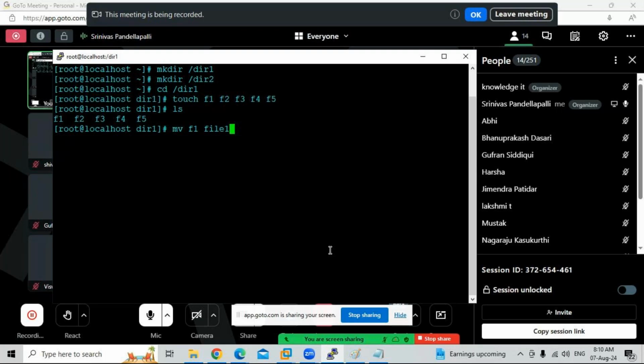Is it moving the file or renaming the file? It's a rename. F1 file renamed as file1. Now mv F2